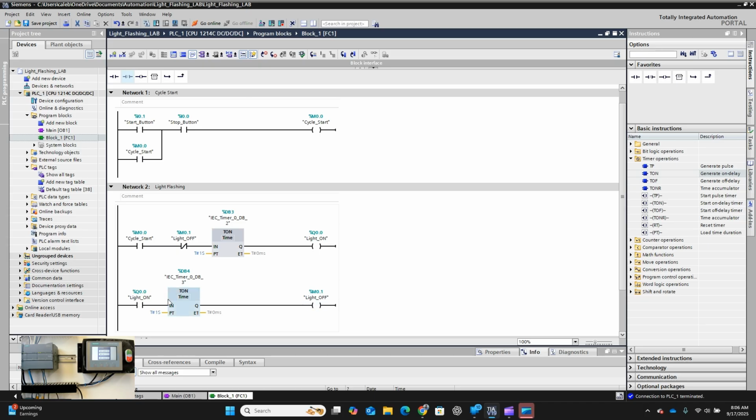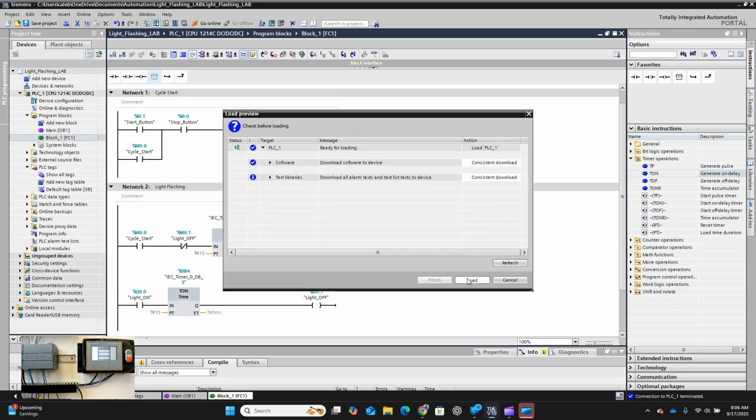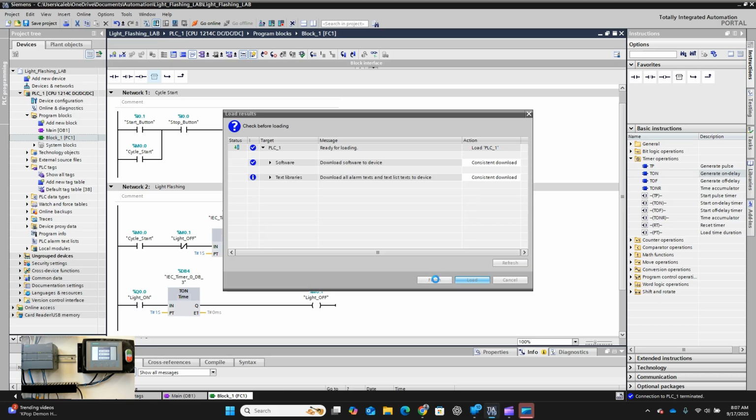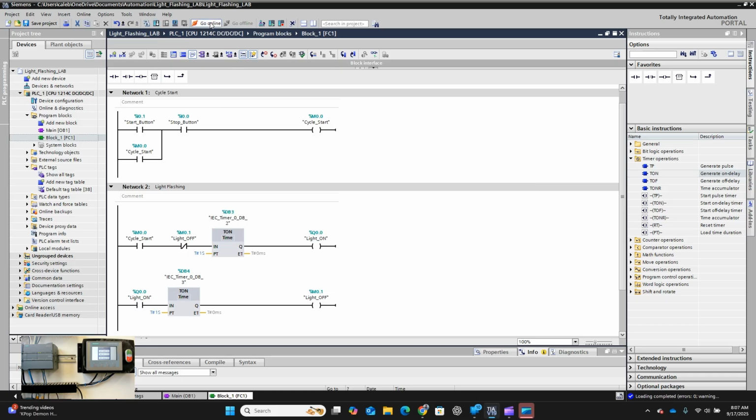So now when that light goes off after 1 second, we will trigger this, restarting this timer, turning this light off. So let's go ahead and compile and download and see if our logic works. Load. And let's go online